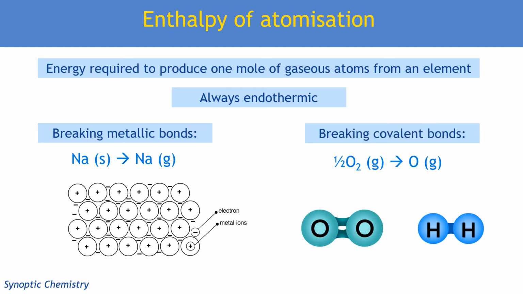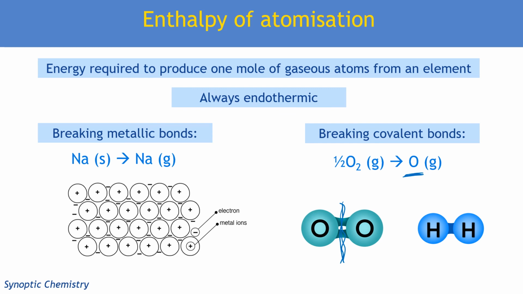When we take a non-metal, for example oxygen, we're taking half a mole of oxygen gas because it's per mole of atoms. So I need to make single atoms as my product. So even though it starts as a gas, there is a chemical change happening. I am breaking that double oxygen bond in between. Or for hydrogen, I would be taking half a mole of H2 and I'd be producing 1 mole of hydrogen